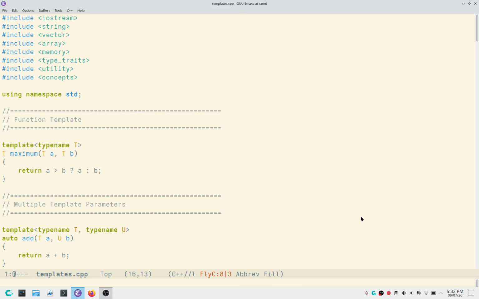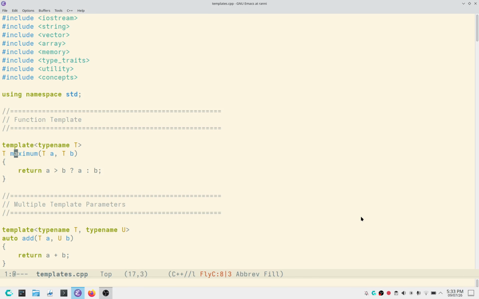As you can see, the syntax is template followed by typename T in the angle brackets. So it is a template function which accepts a type T and returns a